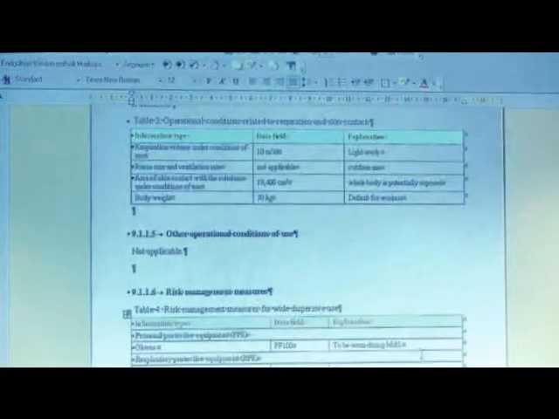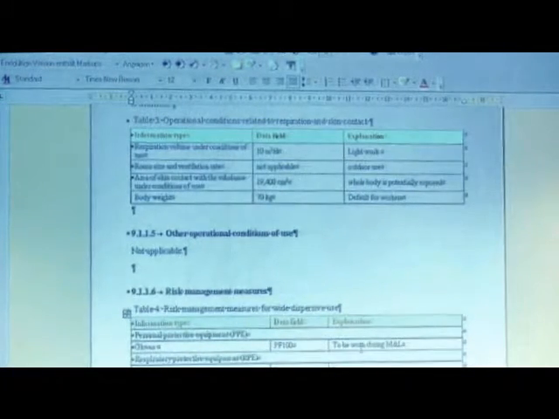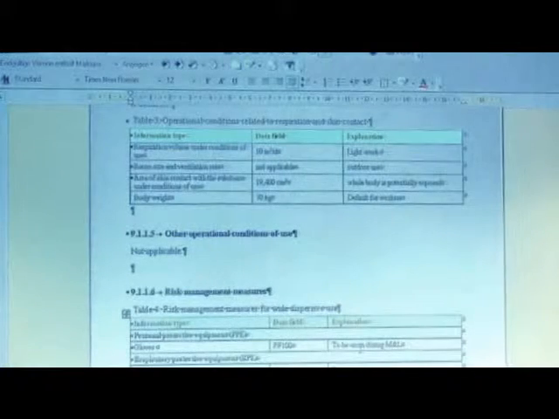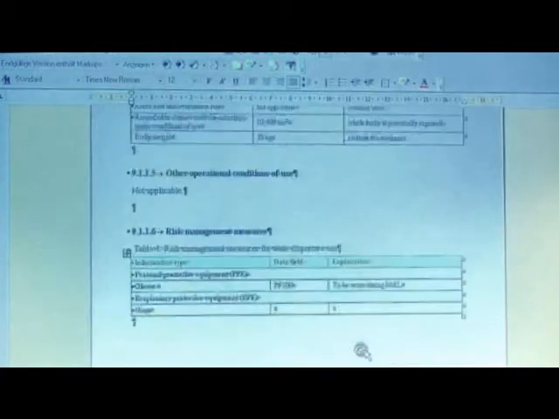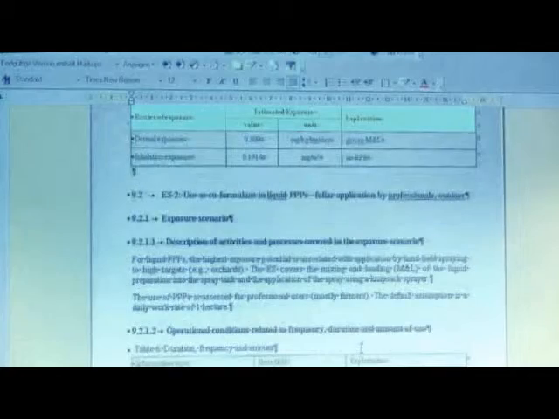And at some point, here you got the risk mitigation measures, the risk management measures, and here the gloves show up with a protective factor of 100. Explanation: to be worn during mixing and loading. So if you choose this option, it will populate this table accordingly. Let's go down to